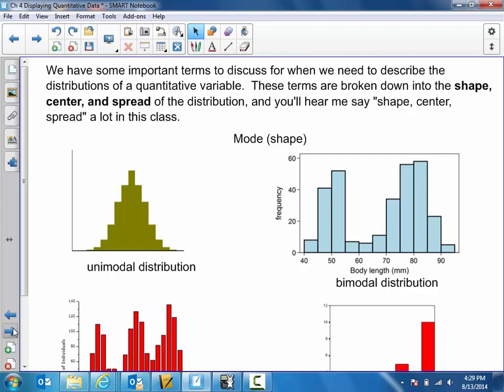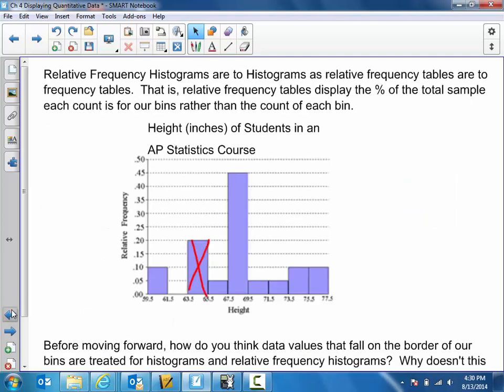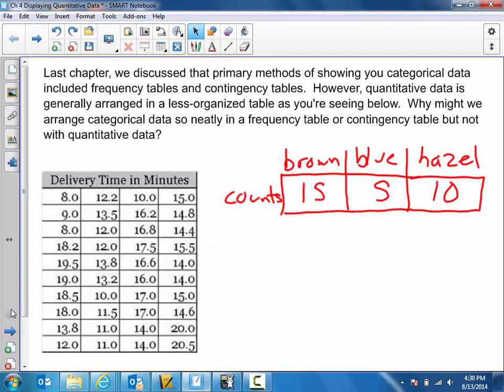We didn't talk about, and I got a lot of questions, which was awesome, you guys did a great job asking about how to describe the bar graphs and the pie charts that we saw. Well, we don't have as much that we can say about them. We don't have many general terms to use in describing what a distribution looks like when it's qualitative. But we do for quantitative distributions because, and it really hinges on this, the ordering, first, second, third, fourth, etc., of the bins for histograms is meaningful,